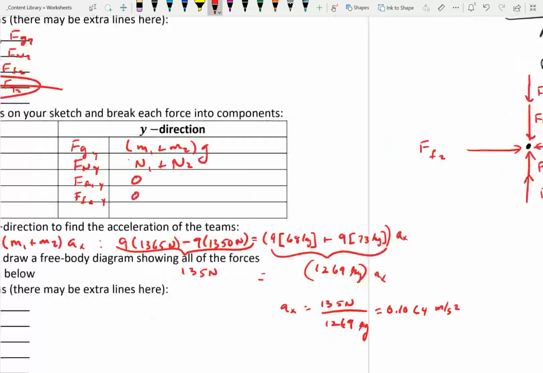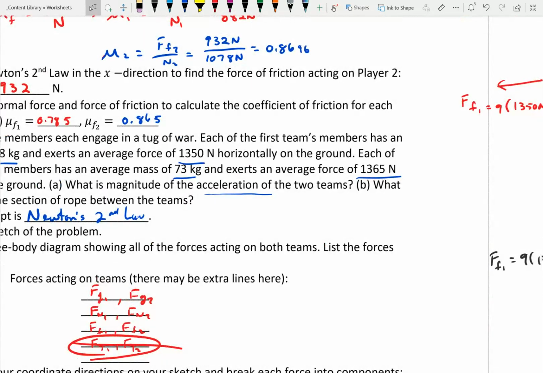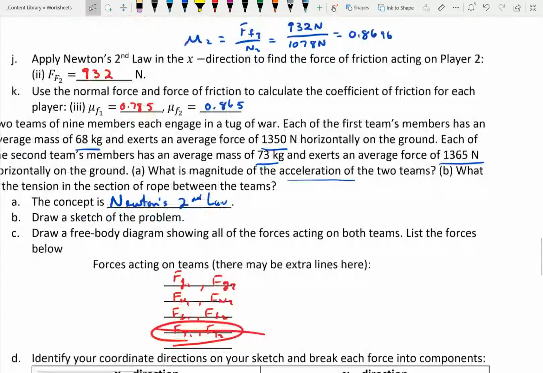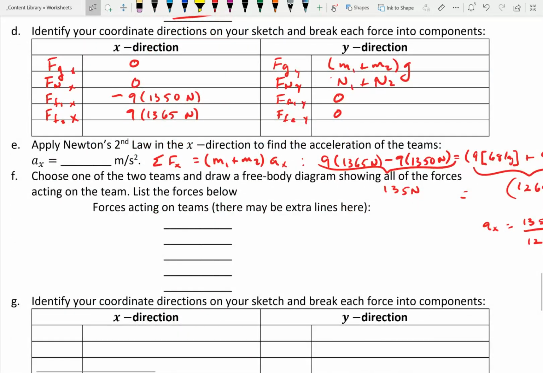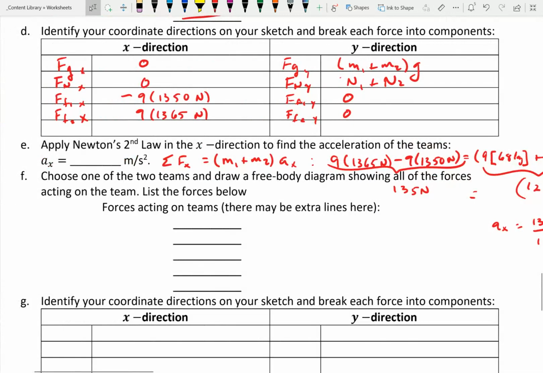Now, how many sig figs do I have here? It looks like 2. So with 2 sig figs, that's going to be just 0.11 meters per second squared. Now choose one of the 2 teams and draw a free body diagram showing all the forces